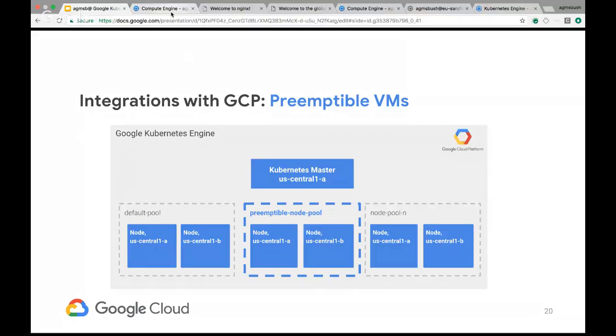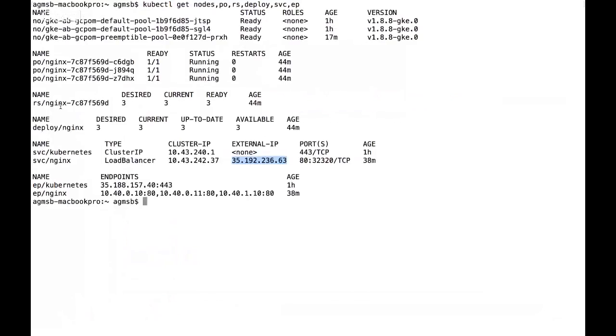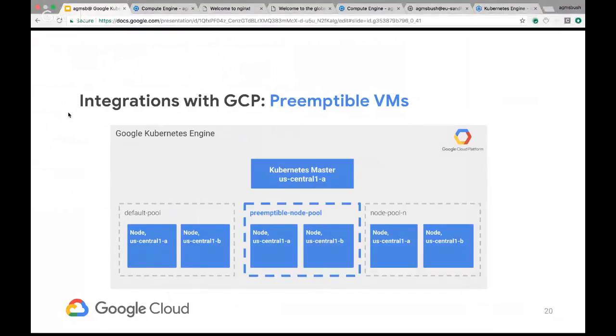What's great is that Kubernetes in general is a match for preemptible VMs. Because if a node preempts, and we're using higher level objects like replica sets, those pods should be rescheduled elsewhere in the cluster. So if those nodes are preempted, we can count on our workloads automatically being scheduled somewhere else in the cluster, and we get to take advantage of the across-the-board discount for running these preemptible VMs.